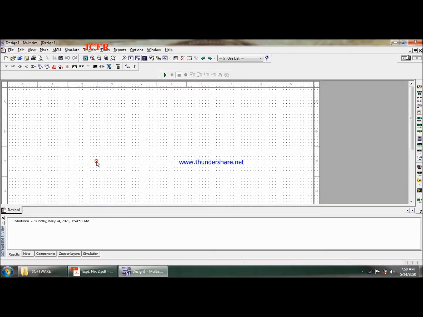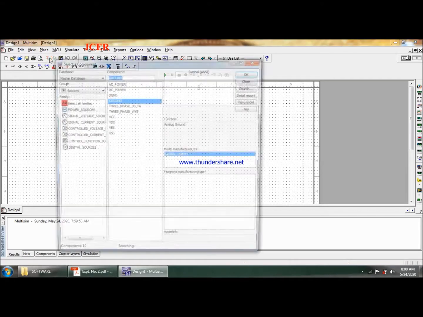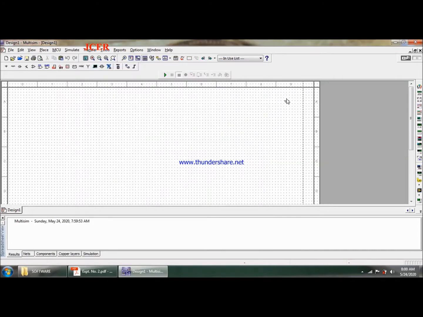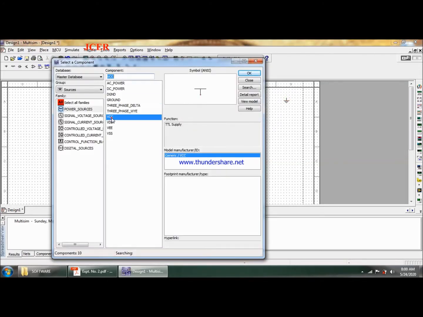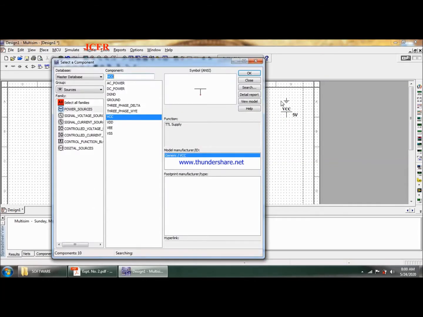Now I start collecting the components required for my simulation. I'll first go to place, go to component, and click first on OK, as ground is available. So first I will take this ground, then this VCC. Then I do require minus VEE, that's the negative voltage.